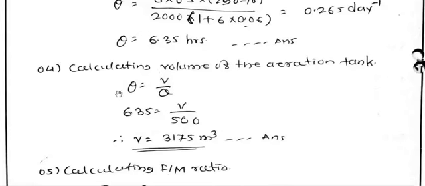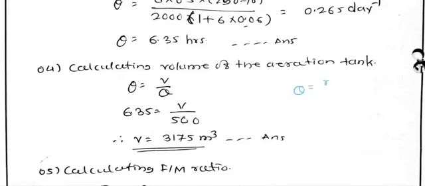So if I know theta and I know the value of Q, I can easily calculate V. Yes, I know this value, 6.35, from here. What is the value of Q mentioned in the numerical? It is 500. I'm taking this in hours, so there is no need to convert the value of Q,